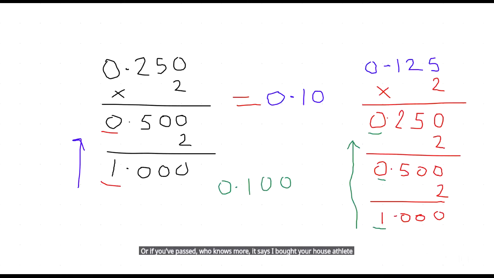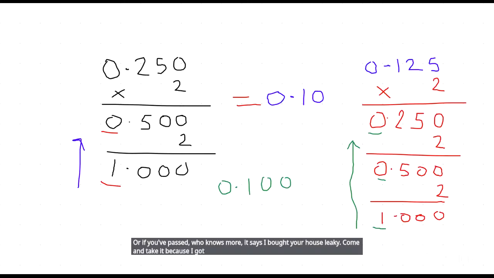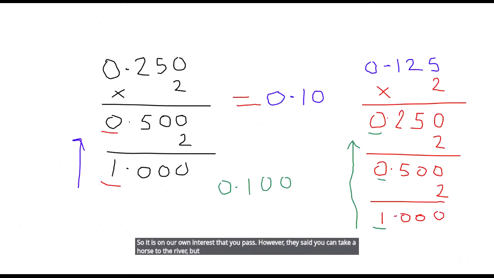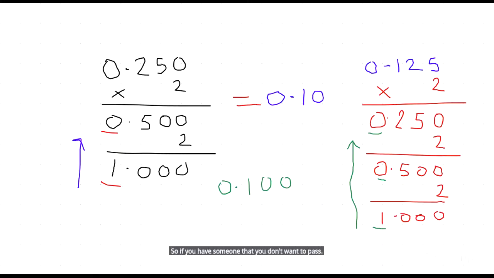Come and take it because I got A in COS 101. So it is on our own interest that you pass. However, they said you can take a horse to the river, but you can't force it to drink. So if you have sworn that you don't want to pass, then it's unfortunate. We can't do anything in that case. So, but listen, please, to